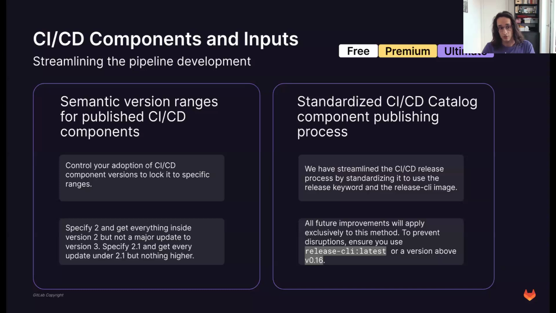And as part of that, to achieve this, we also have a standardized publishing process. We are building our own components, and that's what I will show you shortly. You, as a customer or user of GitLab, can use the exact same process to publish your own components into your own catalog. This way there's no misunderstanding of where do I find this component. You don't need to reference projects anymore. You just reference the catalog, and that's your central storage of all your components.